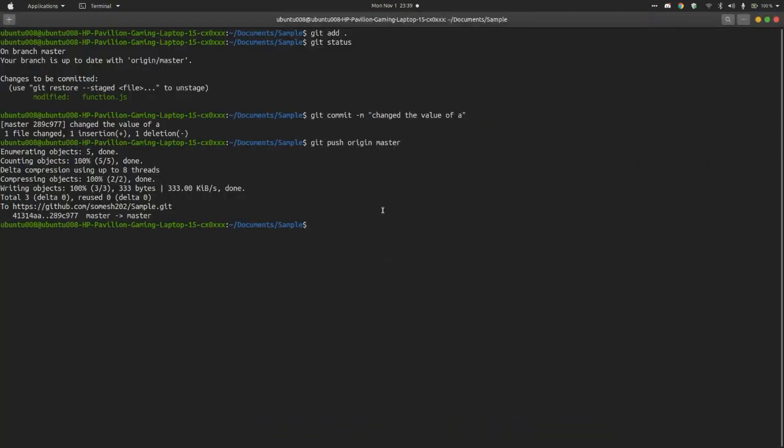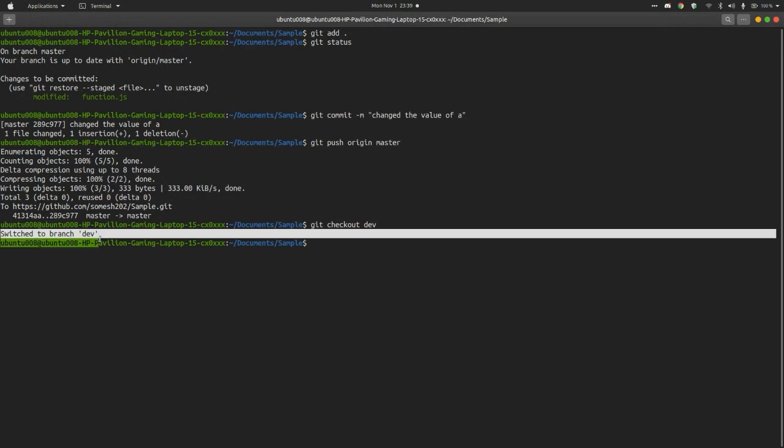Now I have one more branch named dev. Let's make some changes on that branch, and we'll see how we push that branch along with the changes made on it. I will type git checkout dev, which will switch us to that branch.